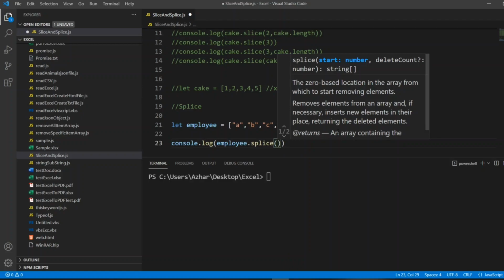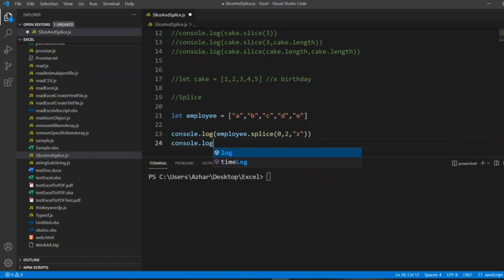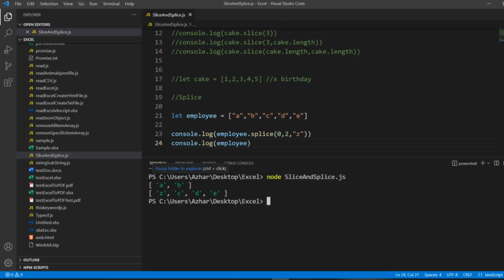I need Z, right? See now guys, so here I have spliced, I don't have to give a console log here. So here I have spliced 0 and 2, let's say from A, B. So I told 0, 1, 2. So 0 is included, 1 is included, 2 is not included. So A and B is replaced by Z. So I will be getting Z, C, D and E, right? So I'll put an employee table